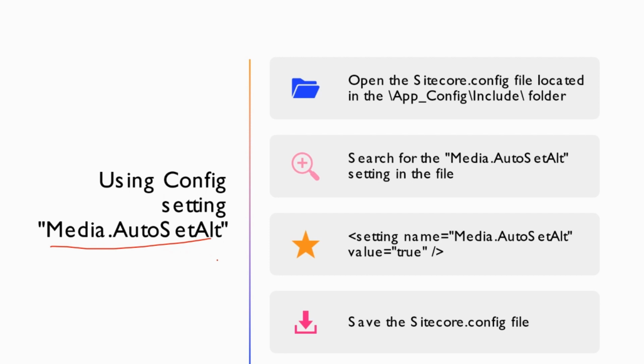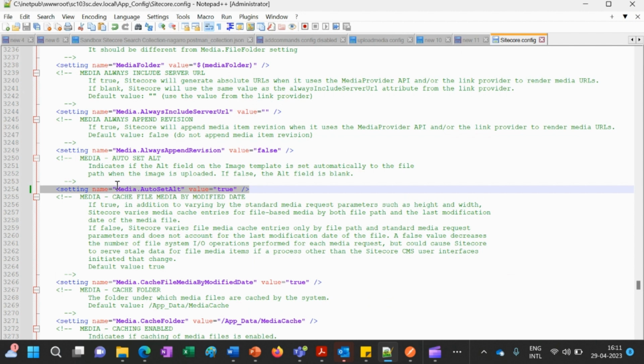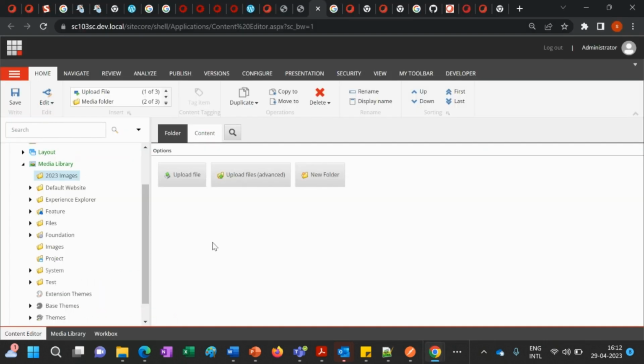So for example, this is my sitecore.config file, and you can see here this setting Media.AutoSetAlt where the value is true. So if you set this value to true, and then if you go to your Sitecore,